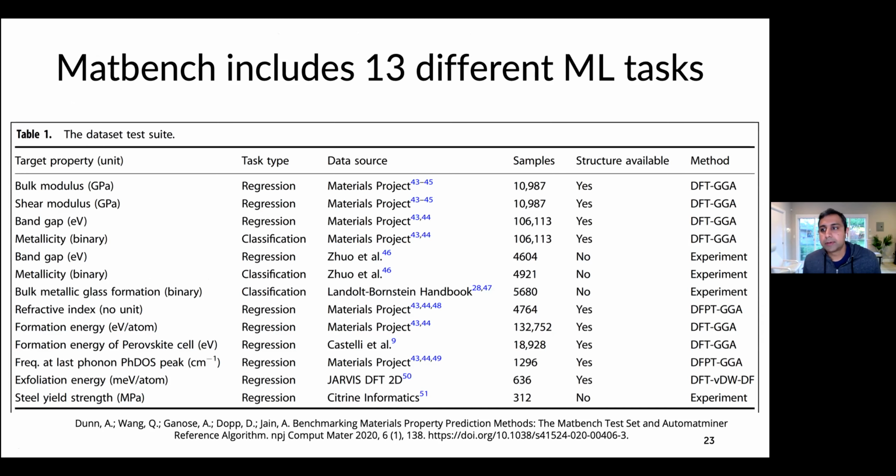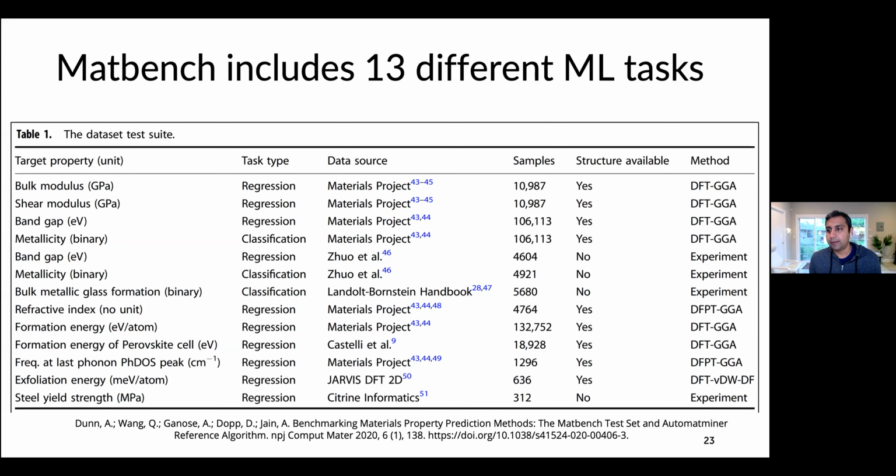So currently, Matbench includes 13 different machine learning tasks. And this is different than something like ImageNet or some of the other standardized machine learning test sets, like the GLUE test set or Stanford question and answer data set, in that it's not just one data set and one test. There's actually 13 different tasks. And one of the reasons that we ended up with more than one is because there's a lot of diversity in the types of problems that material scientists face.